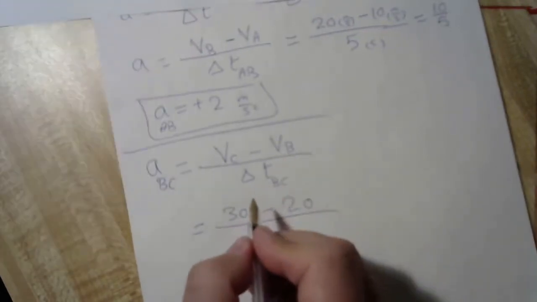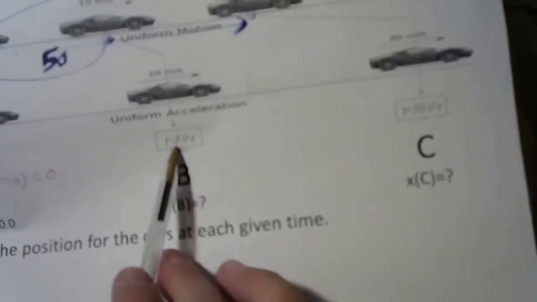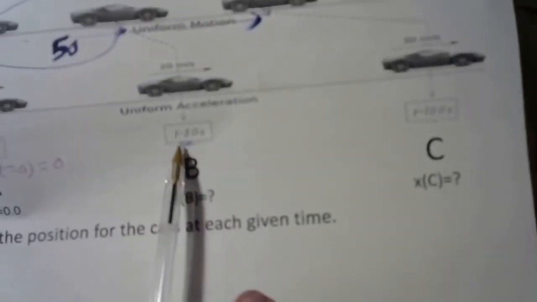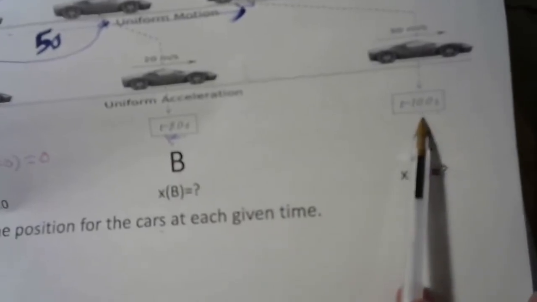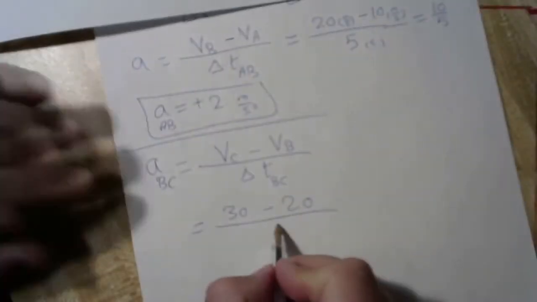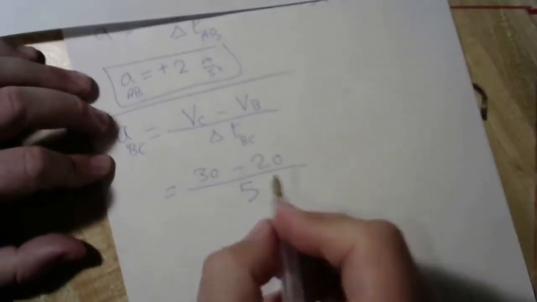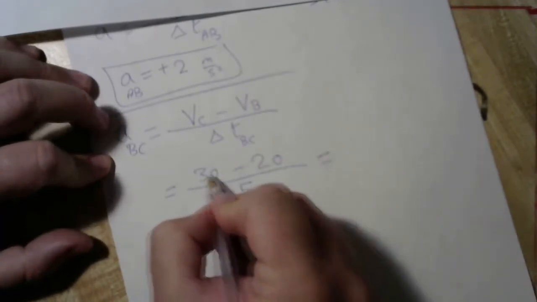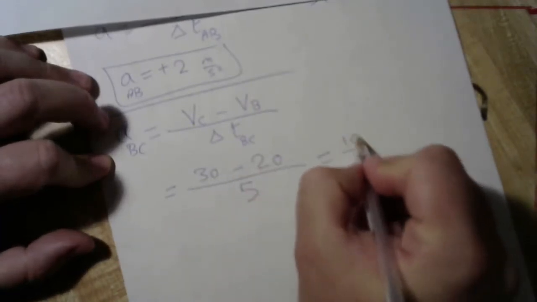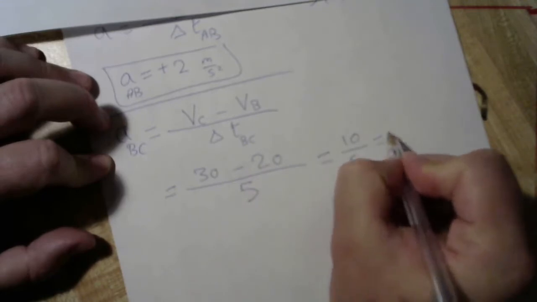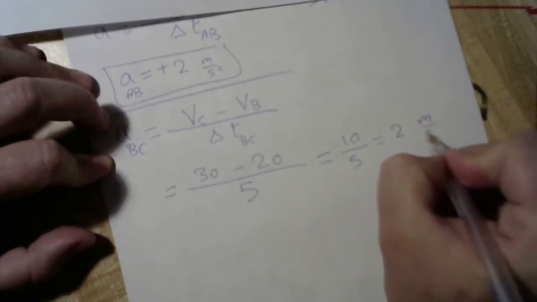The time change between B and C is 5 seconds, because the time at B is 5 and the time at C is 10. So the time period is 5. Now again, 30 minus 20 is 10, over 5, which is equal to 2 meters per squared second,